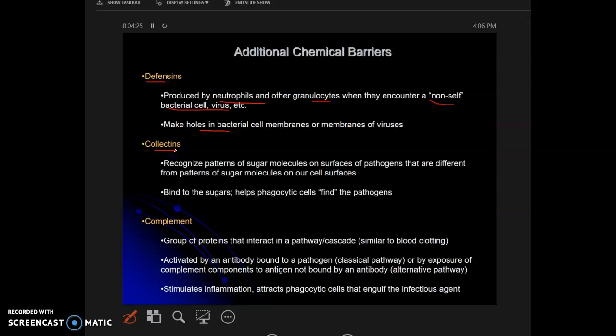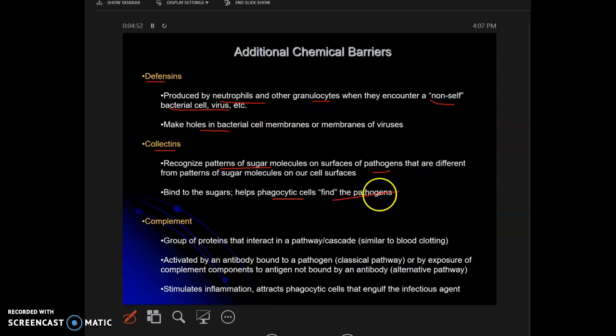Collectins. What does collectin remind you of? Collect. What do these cells do? They will recognize new patterns, new types of sugar molecules on the surface of pathogens. Once they recognize new sugars or new patterns, they will collect them, stick them together, and bind them together. And once they bind these foreign bodies together, this will help the phagocytic cells to find and swallow, engulf